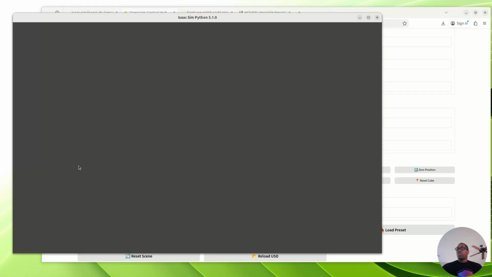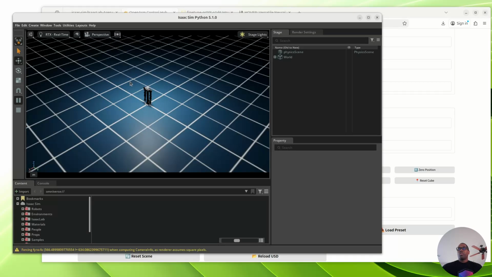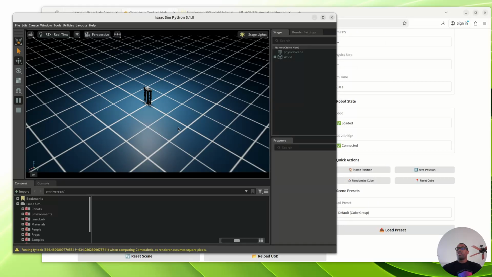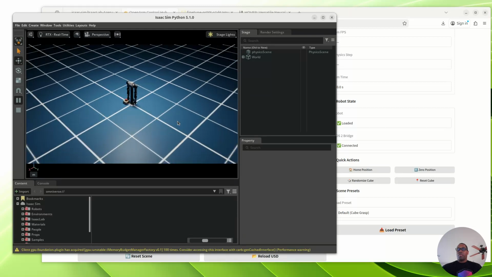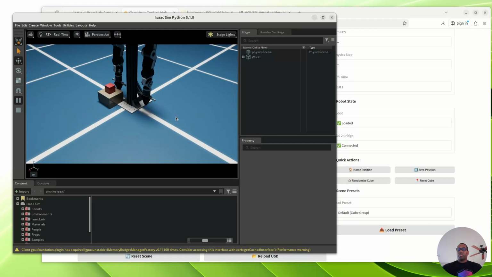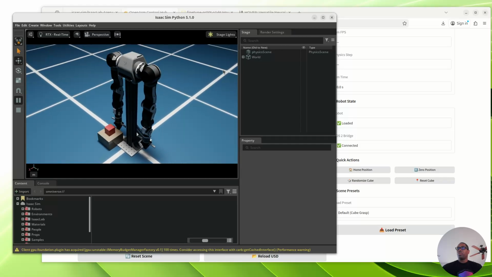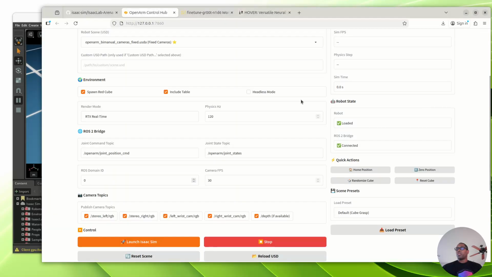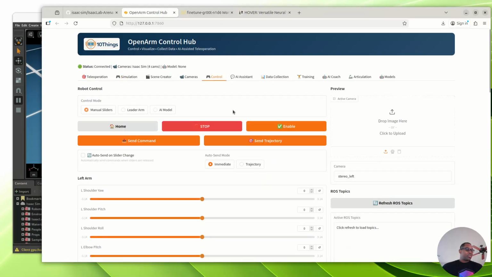When Isaac Sim launches, at this point we are going to use it, but we really don't care to have it in the front of the view. So I'm going to make the screen much bigger so we can make sure that the robot's doing what we want it to do, and then I'm just going to forget about it for a little bit. I know that it works because I wrote it. So first thing we're going to do is enable the topics,